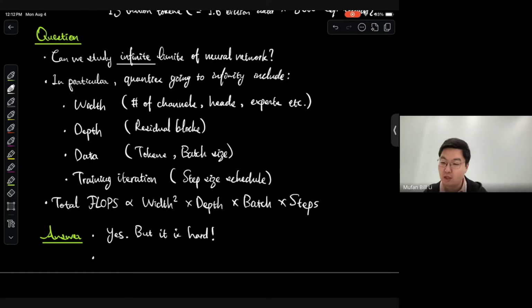In particular, the way I listed them is actually in the order of technical difficulty. In the sense that we understand the most about infinite width limits, and we understand slightly more about infinite depth limits, and almost nothing about infinite data and number of training steps. So this is kind of the regime where we're currently at, where the difficulty increases as you go down this list, as far as our current understanding goes. But I will say that even despite the limitations of the theories at the moment, of which there are a lot,